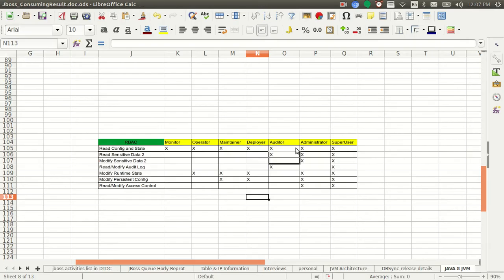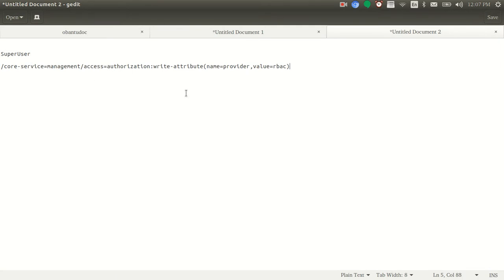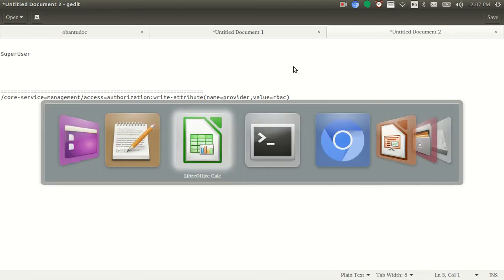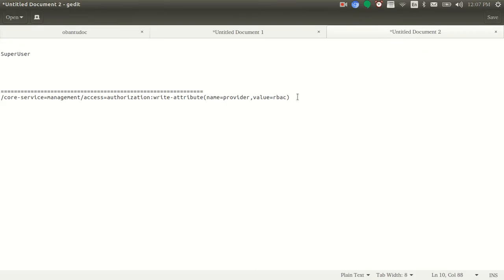This is according to your requirement. Choose the role, and assign the user to it. So what we have to do here is first change the default to RBAC. We need to modify this. This is the first step. In the configuration changes, the provider is going to change to RBAC. Then first we need to create